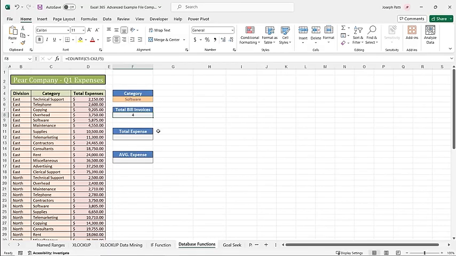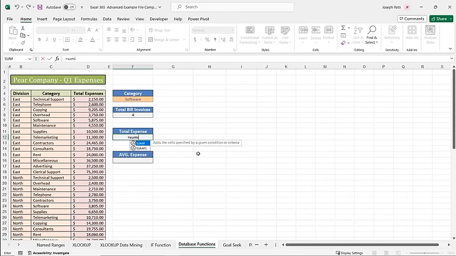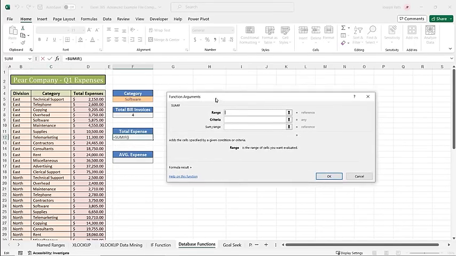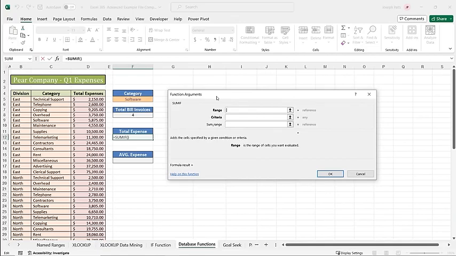The next thing I want to see is how much do those 4 bills equal out to? So I'm going to do a total expense. Now in this case, if I want to see the sum, I'm going to use a SUMIF. So I'll do equals SUMIF. And once again, you'll see 2 options, SUMIF and SUMIFs. Since we're only using one condition, we're going to say SUMIF and press the Tab key to open. For SUMIF, it's going to ask us for 3 things this time, unlike COUNTIF. It's asking us for, once again, the criteria, which we know is going to be F5, and it's also asking us for the range,